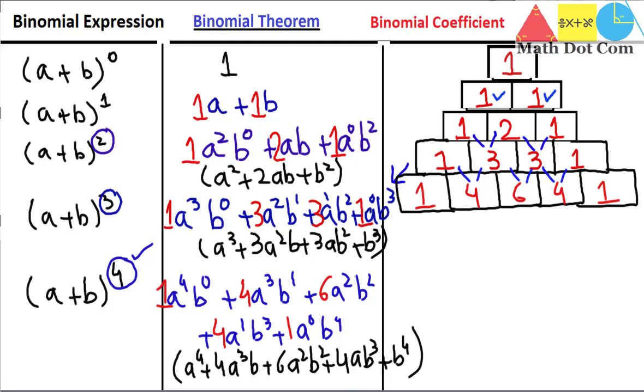So this is how Pascal's triangle is helpful in finding the binomial coefficients. How to write a and b can be understood by using the first 2 points that I have discussed: the exponent of the first term of the expression will go from n to 0, and the exponent of the second term will go from 0 to n, and then you write the coefficients by using the Pascal's triangle. So this is Pascal's triangle to compute the binomial coefficients, and you can also use the concept of combination for computing the binomial coefficients.